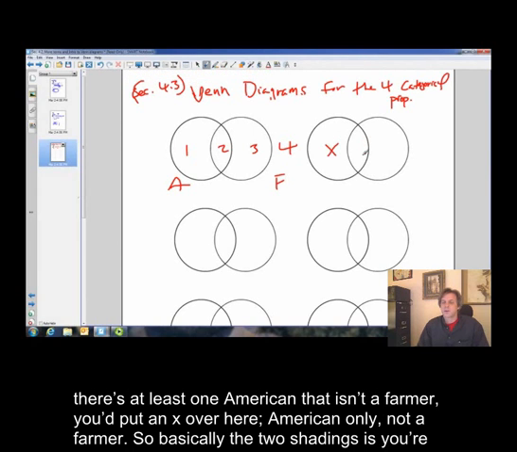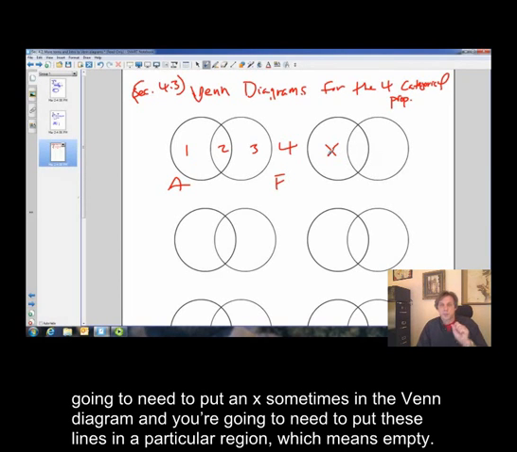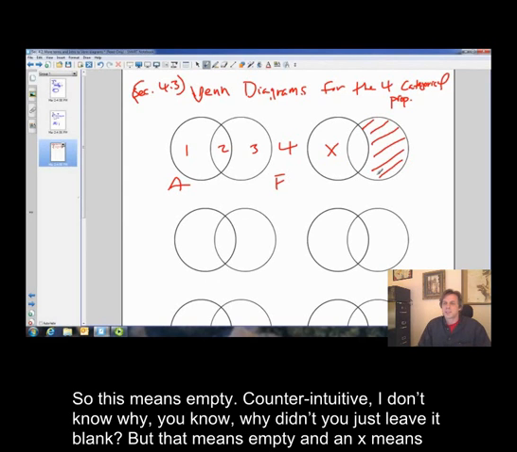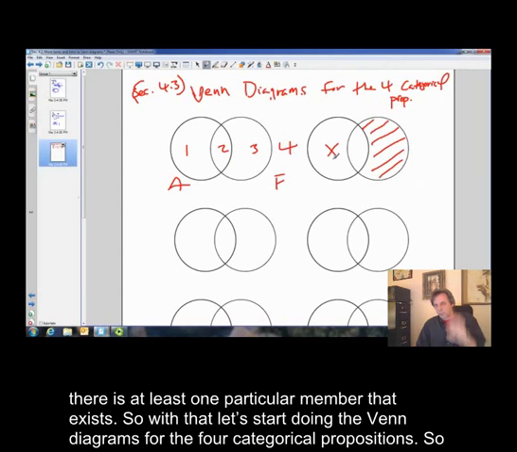American only, not a farmer. So basically, with the two markings, you're going to need to put an X sometimes in a Venn diagram, and you're going to need to put these lines in a particular region, which means empty. So this means empty. Counterintuitive. I don't know why. Why didn't you just leave it blank? But that means empty, and an X means there's at least one particular member that exists. Okay? So with that, let's start doing the Venn diagrams for the four